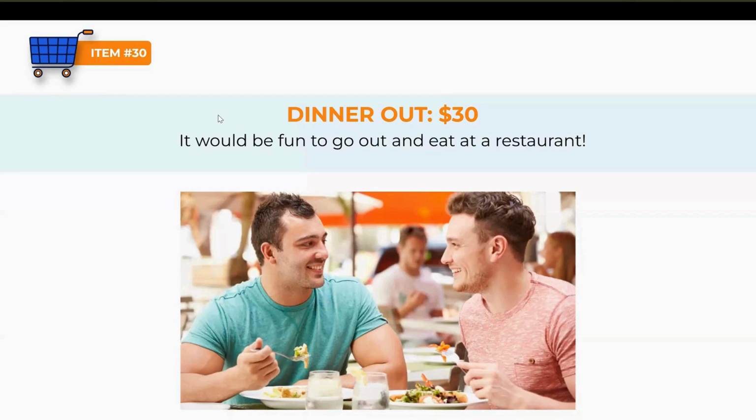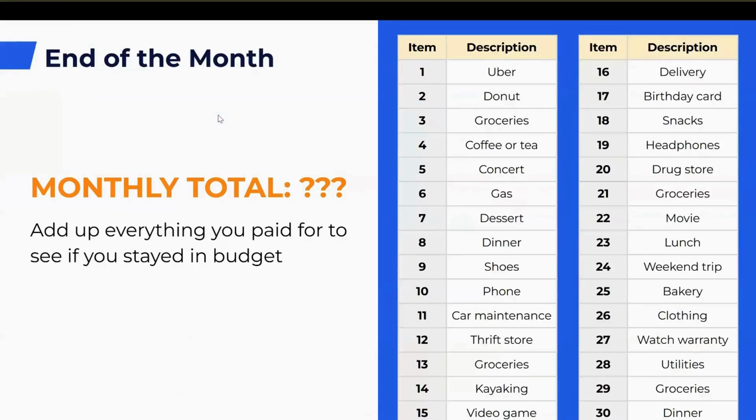All right, let's go to the next one. Needs and wants. Oh man. Needs and wants. I'm talking about this one. The next thing you will need to do when creating a budget is look at your expenses and figure out which ones are needs and which ones are wants. Watch this video to learn about the difference between needs and wants. Then answer the questions.